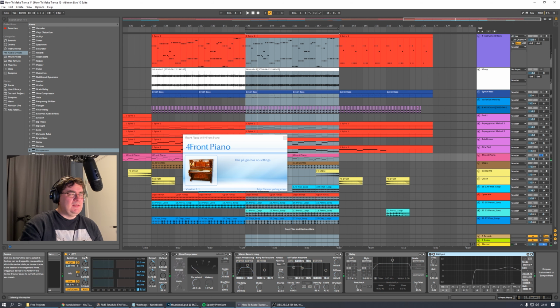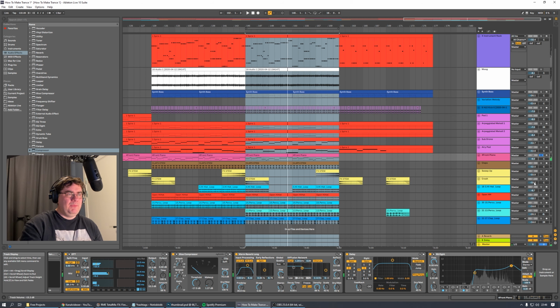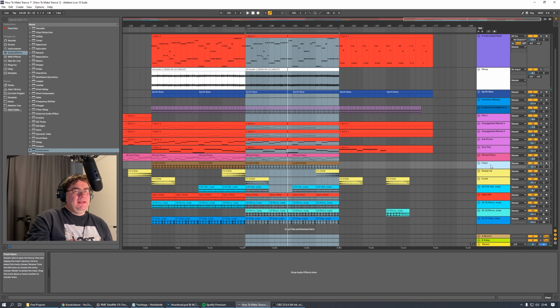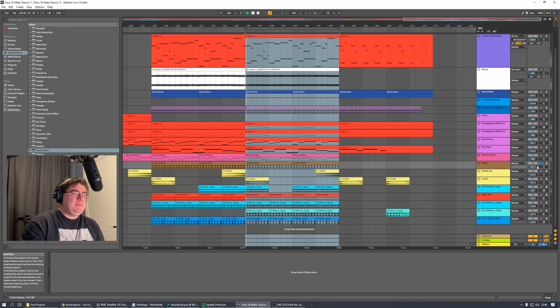So it sounds like this originally. So you can see when I turn on the effects how it sounds. Yep, that's piano. Then underneath here I have some loops, claps, stems, crash, hi-hats,